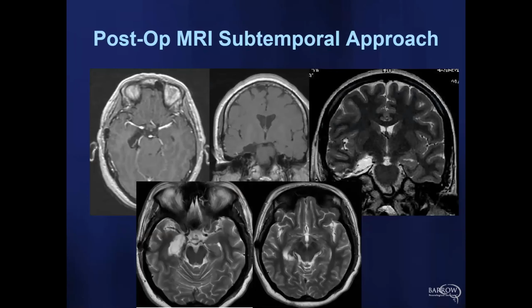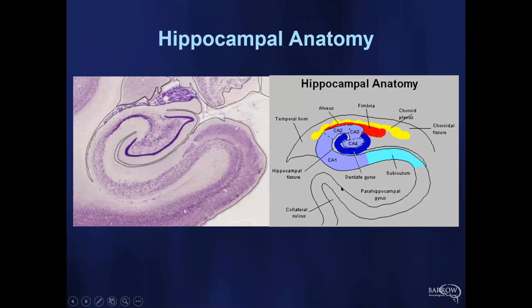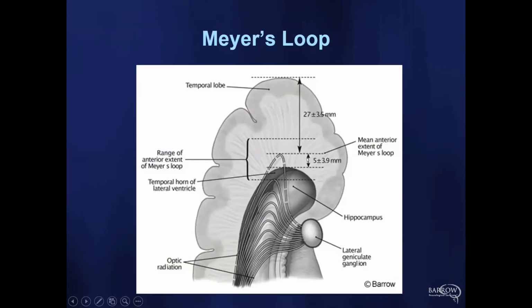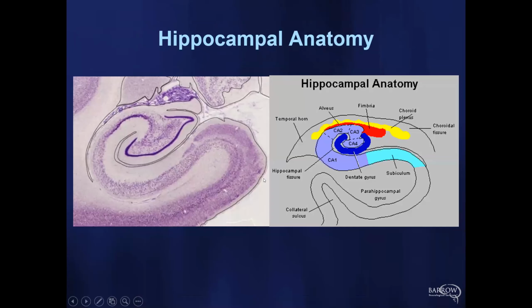And this is just showing a post-operative MRI, again, showing what we wanted to show, that there's really the entire hippocampus, mesial structures are out. It goes all the way back to the level of the collicular plate. This is a higher cut, but there's no injury or trauma to the lateral temporal lobe. And that's the goal. Again, the understanding of the hippocampal anatomy is incredibly important.